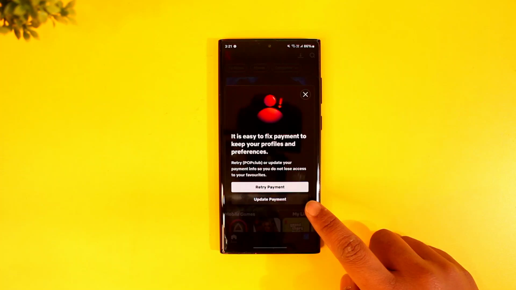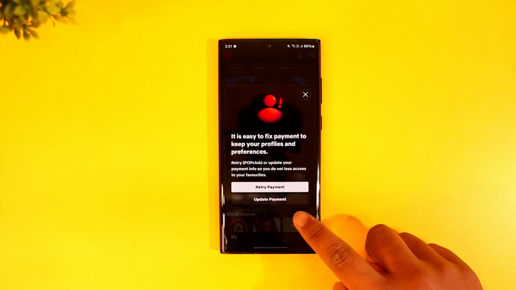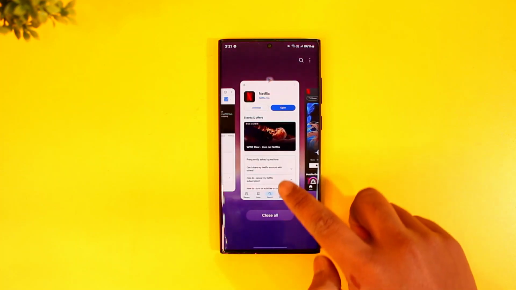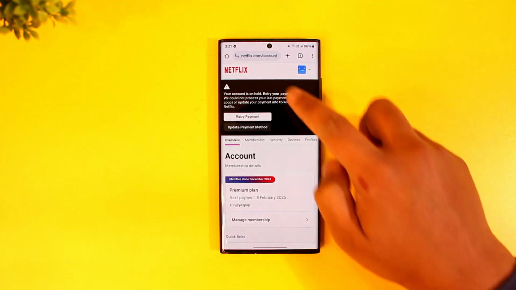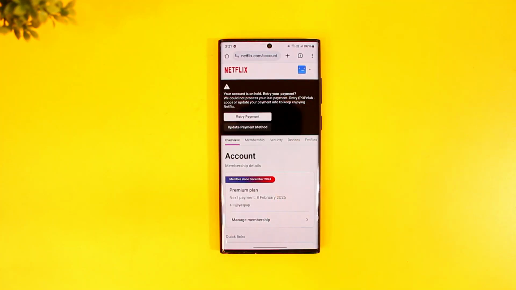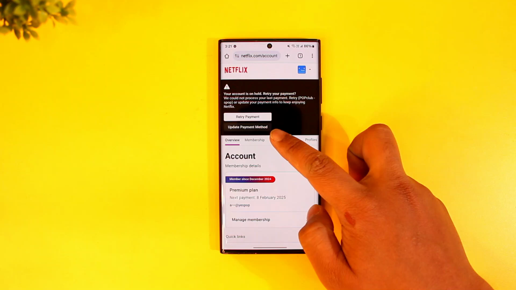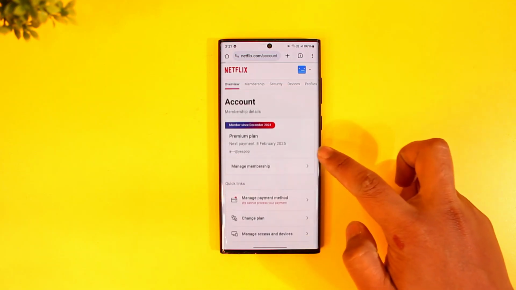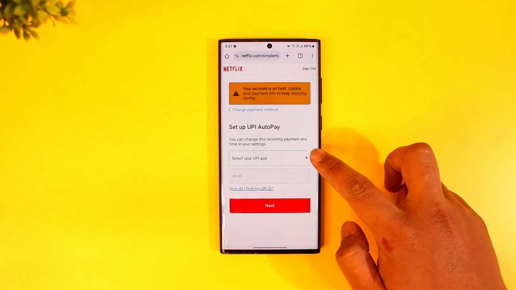Now one thing you can do is directly tap on the update payment method right from here to be able to update your payment method, or you can go to your browser manually, go to netflix.com/account. When you go to netflix.com/account, this is the type of interface you will see, where you can just tap on update your payment method and just go ahead and enter your new payment method right here, and once done